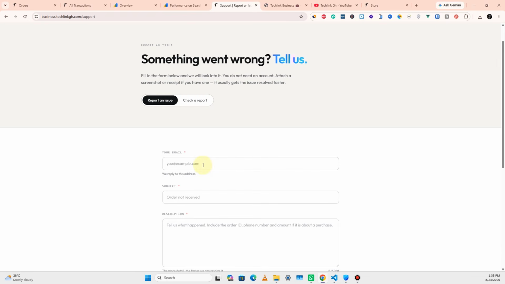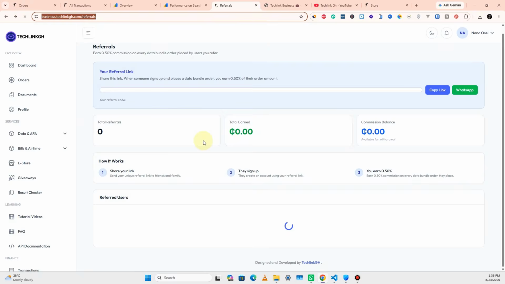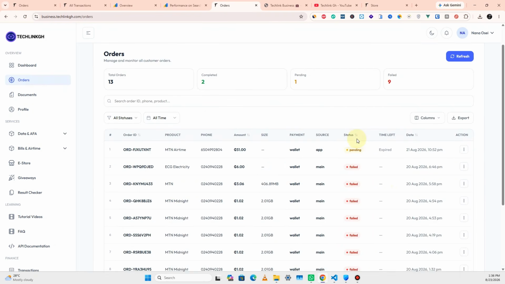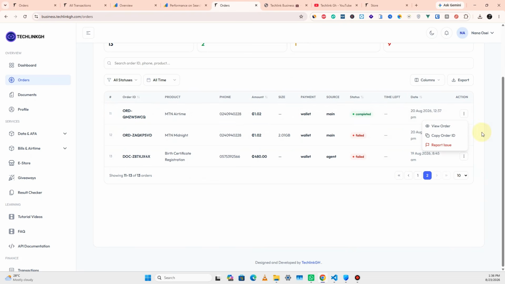When you're making a report, you have to report properly. So let me show you. Let's take this link and then come back. Let's go to orders. Let's say you have an order that is here, and then you want to report an order. It is always prudent or necessary to report